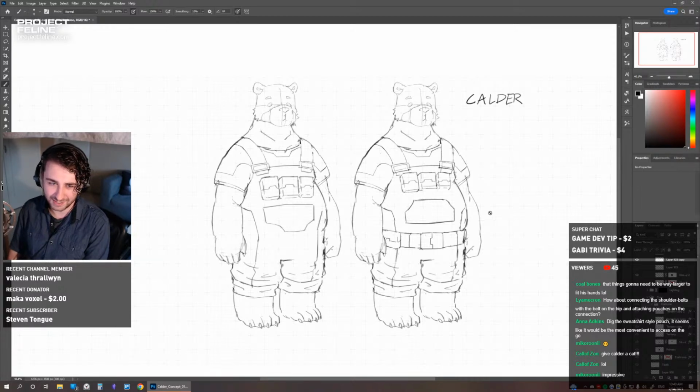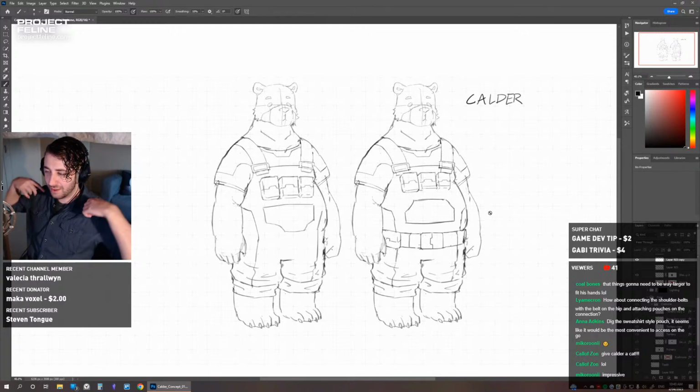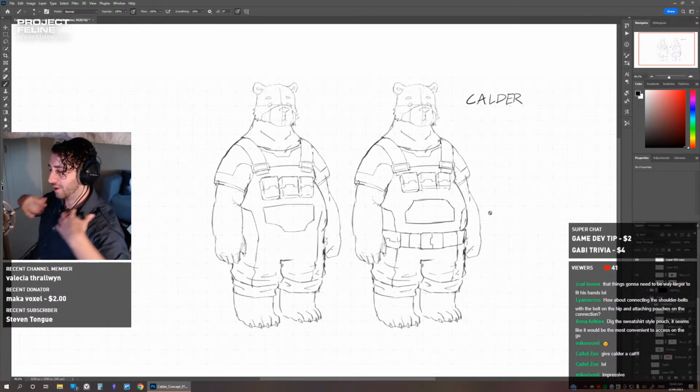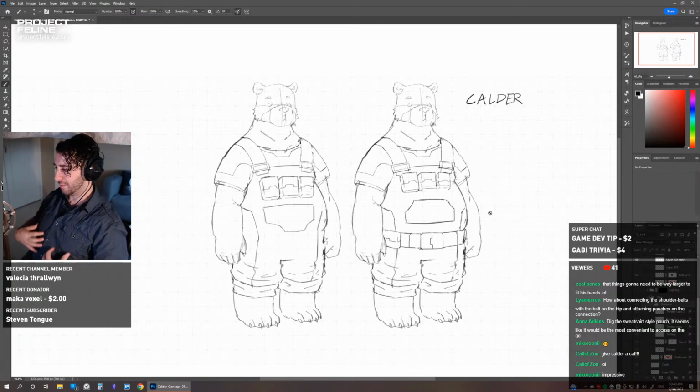How about connecting the shoulder belts with the belt on the hip? Oh, do you mean like having the overall straps come all the way down? I'm not sure. I think that'll create too much geometry, because I want there to be some stuff on his torso, but I don't want big lines going down it.